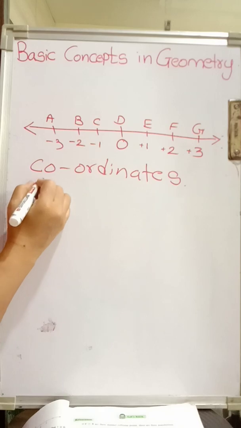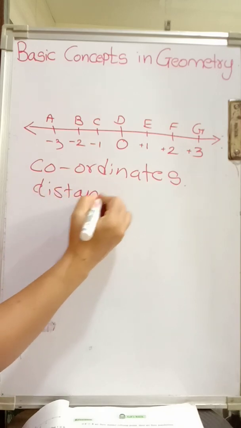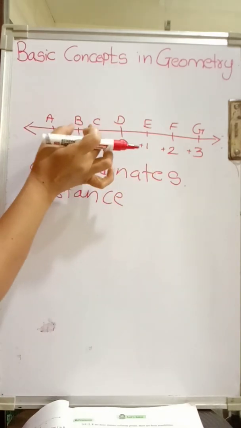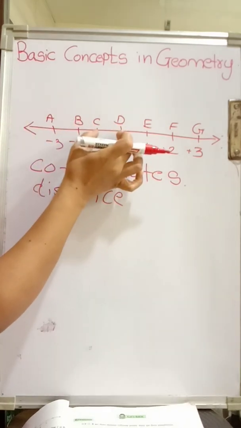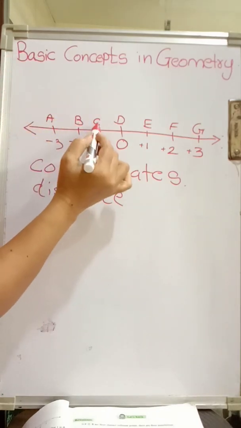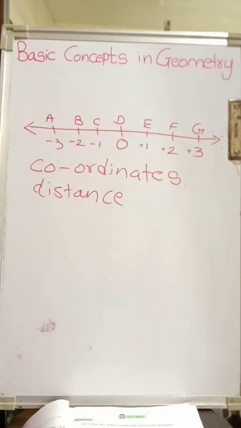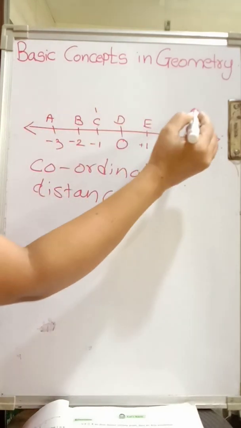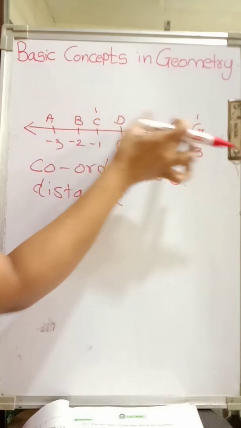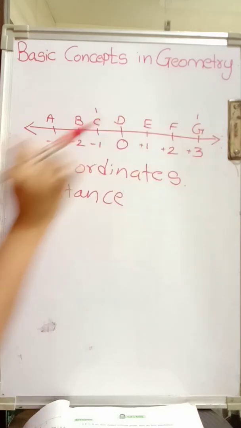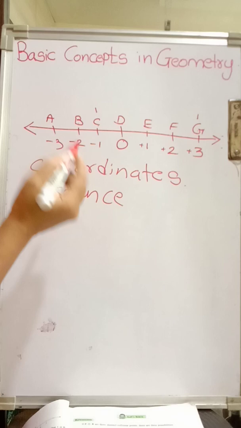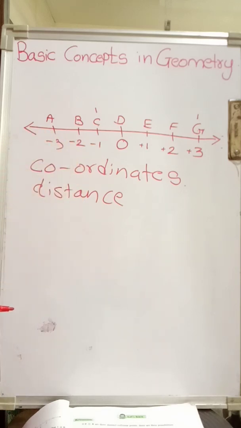And the next concept is about distance. If I ask you what is the distance between B and D? This is 1 unit plus this is 1 unit, so this becomes 2 units. Alright. Now if I ask what is the distance between C and G? Calculate how many units are there. C is over here and G is over here. So 1, 2, 3 and 4. 4 units is the distance between C and G. It's that easy. So your first exercise 1.1 is regarding finding the distance between any 2 points.